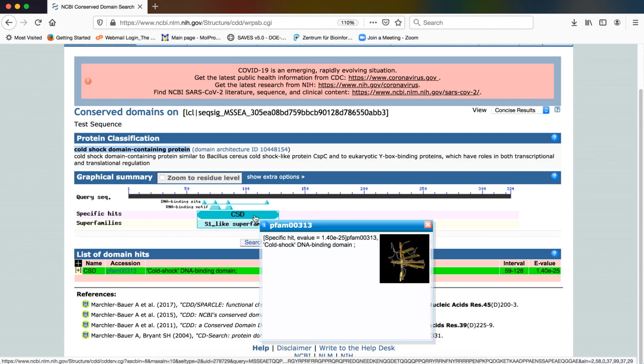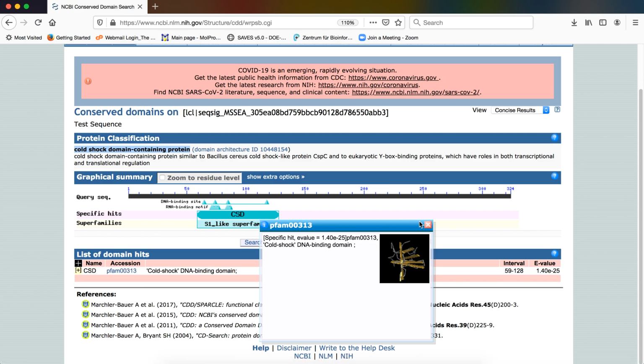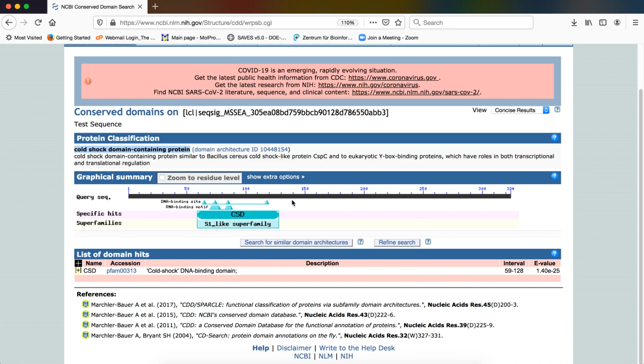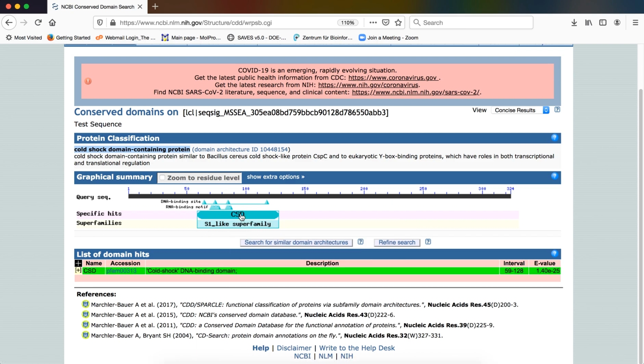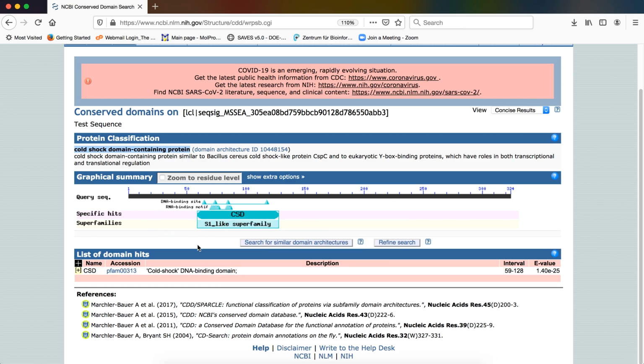If you just keep your cursor on the specific conserved domain that has been identified, you can see the description and a putative structure of that domain as shown in the black box, in the window that has opened. Apart from that, you can also find the DNA binding site and the RNA binding motif, which are all part of this particular conserved domain.